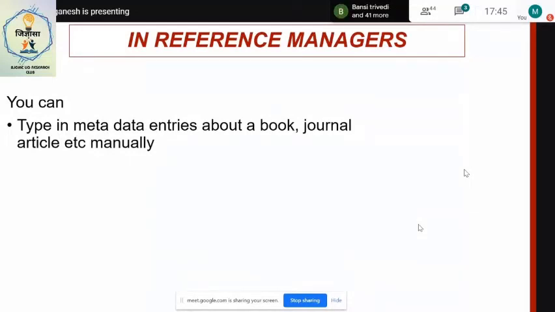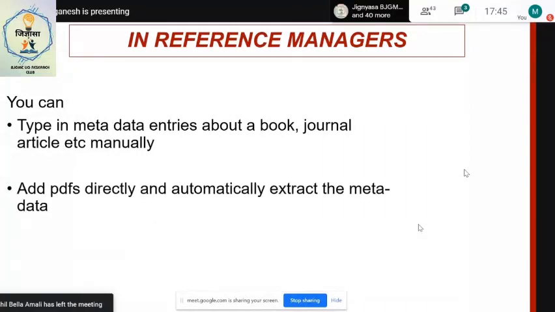But if you do, and you read it and you want to recommend it somewhere in a bibliography list or you want to reference it, you'll have to type the details of the author, title, etc. in the reference manager. You can add PDFs that you've downloaded directly to the reference manager, and the reference manager will automatically extract the metadata.